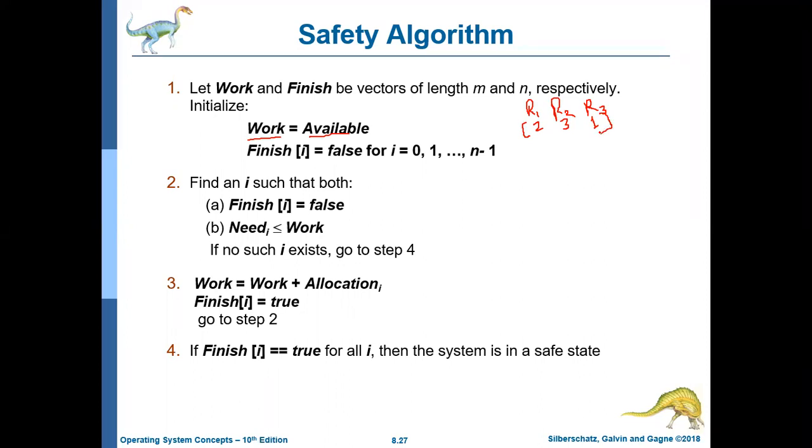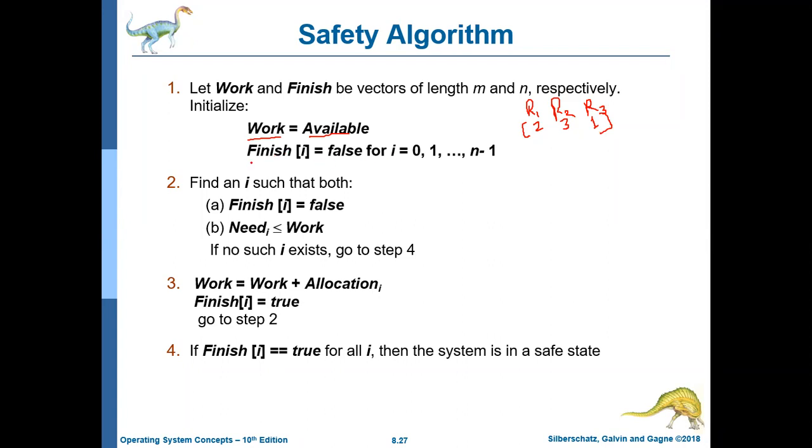This available means after allocating resources to the processes, whatever remaining amount you have is the available one. It is not the total one. It is the available one, that is free, not in use.